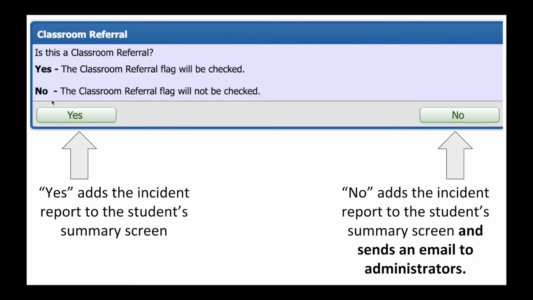Click yes if you need this to go to the office as a referral and would like administrators to be notified, you will click no. Okay, so if that's the only question you had, you can stop watching the video. If you want to see how one of these incident reports or these classroom or office referrals can be created,